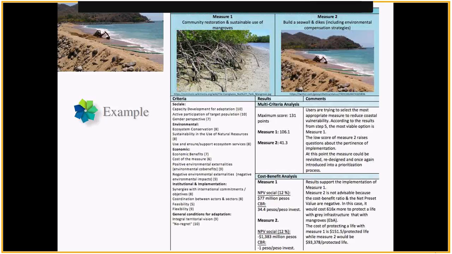No, it was more... cheapest is to restore than to build, because of the tools you have to hire, and all the infrastructure that you have to build, and because also that you are changing the landscape of that coastal area. So that's very important to emphasize on the EBA type of measures.